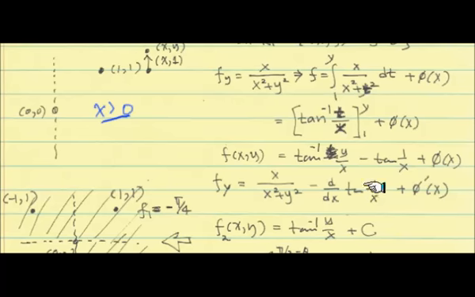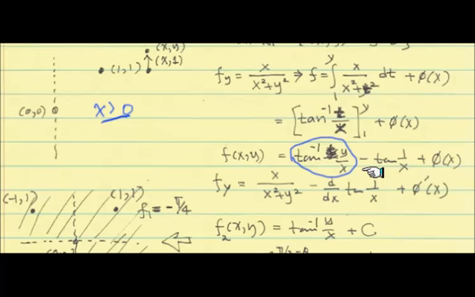So go through the same trigonometric substitution. This time you end up at this function. I circled it there: tangent inverse of y over x. And this adjusting factor, if you compare this one with f_x, it turns out it just has to be this factor without this part. So your phi of x is going to be positive tangent inverse of 1 over x, so this disappears. And this one has x derivative exactly the same as the x component of the vector field.